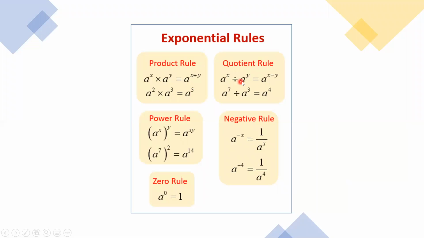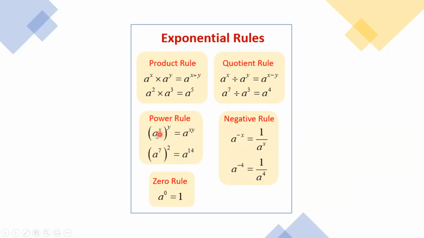A to the power of x divided by a to the power of y equals a to the power of x minus y. If we illustrate with real numbers, a to the power of 7 divided by a to the power of 3, guys, I'm going to say a to the power of 7 minus 3, which is going to be a to the power of 4. So the power rule, guys,